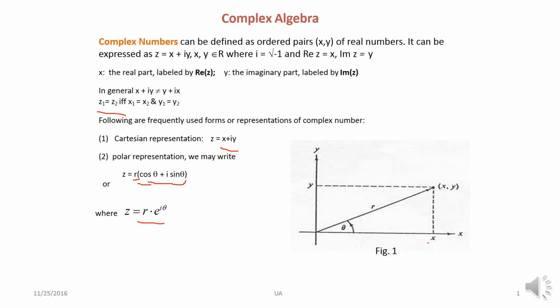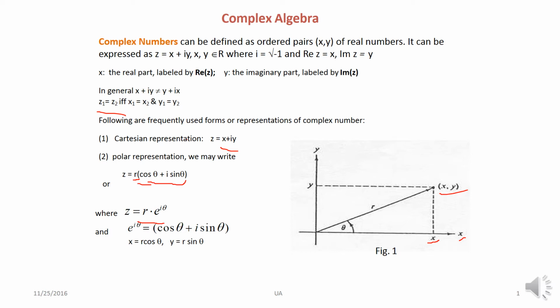Here we have defined the complex number in this figure. This is x, the value of x is r cos θ, and this is the x-axis. Basically this point is the (x, y) point, this is the y point, y is r sin θ, this is the y direction, and this angle is θ, measured from the x-axis, and this length is r, that is, the distance between the origin and the given point.